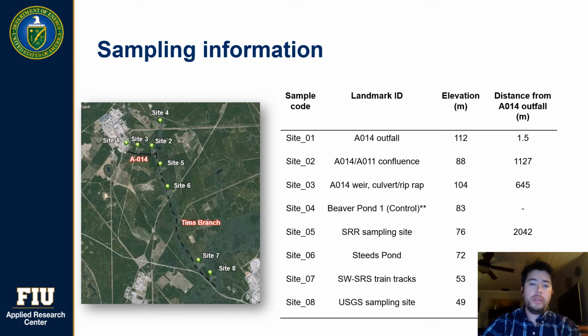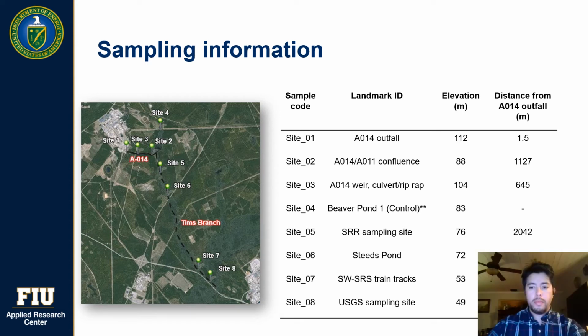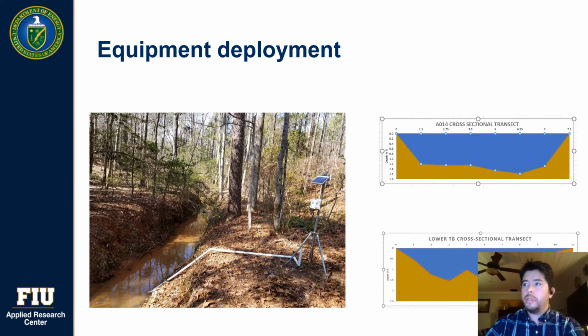We have conducted some field sampling in which information has been documented, such as uranium concentrations and heavy metals concentrations, and this map highlights all of the areas that were sampled. To further continue with the application and equipment deployment, as you can see in the picture on the left, several devices were installed in the stream, and cross-sectional profiles were documented and inputted accordingly into the model.